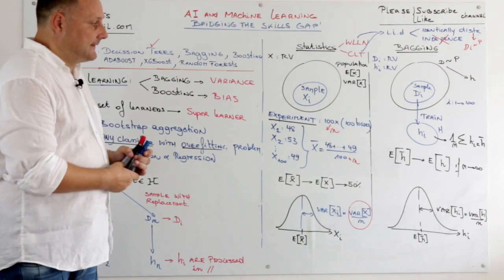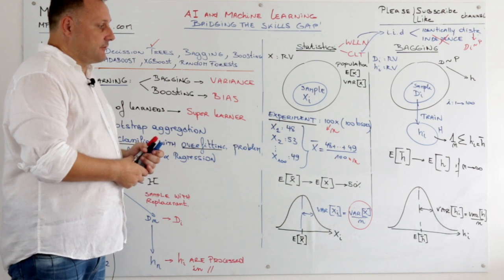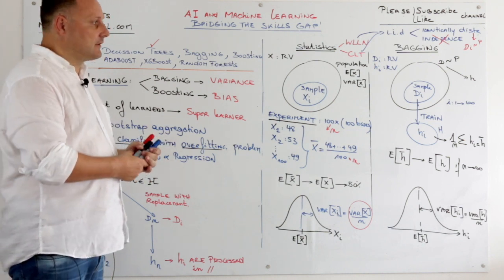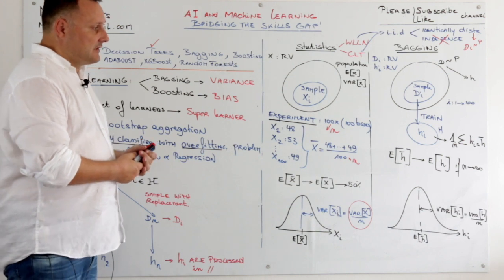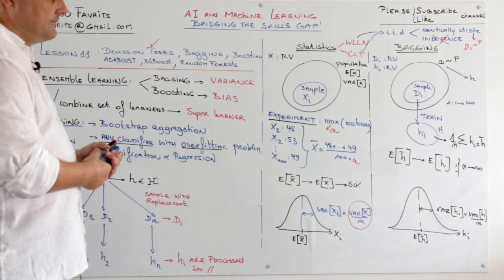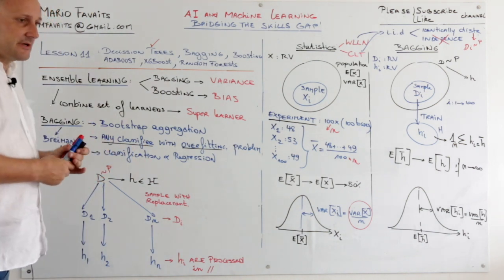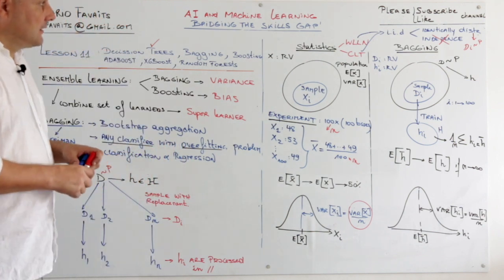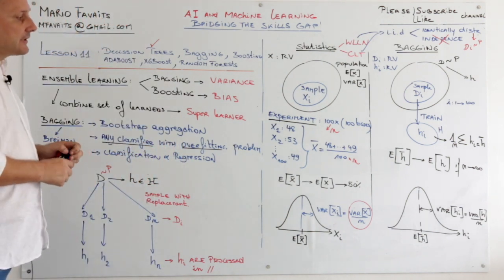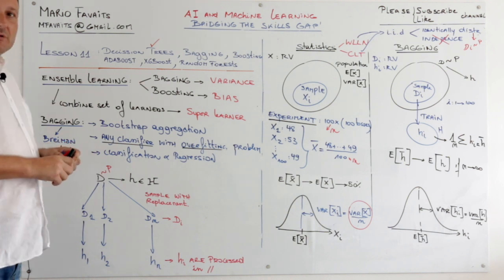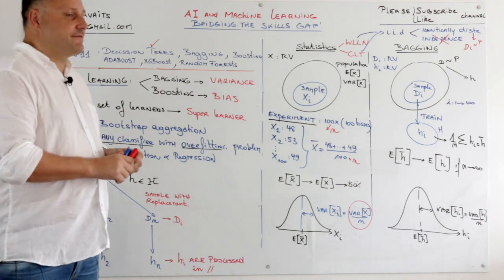But random forests and bagging work pretty well. So the results are pretty good. There's a lot of benefits doing bagging. And this is one of these things where it's more of an art than a science. Okay, let's take a look now at bagging on trees. And when we use the bagging technique on decision trees, we have random forests.